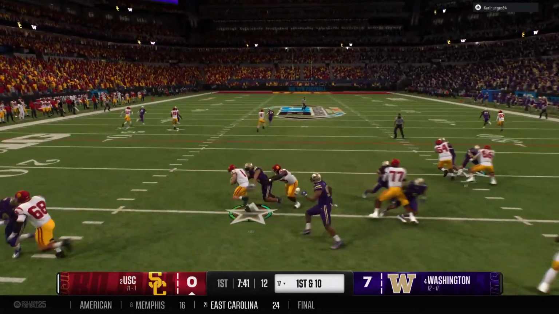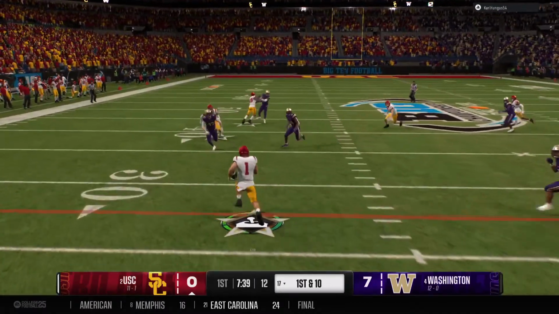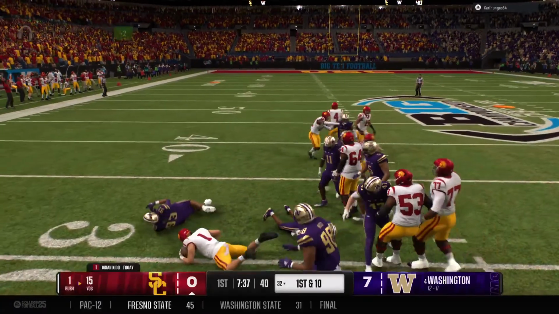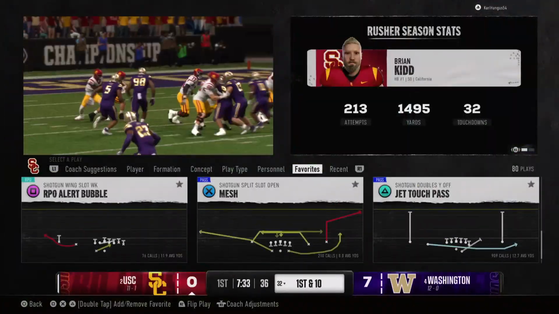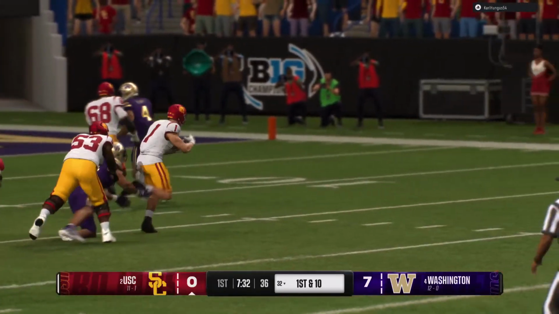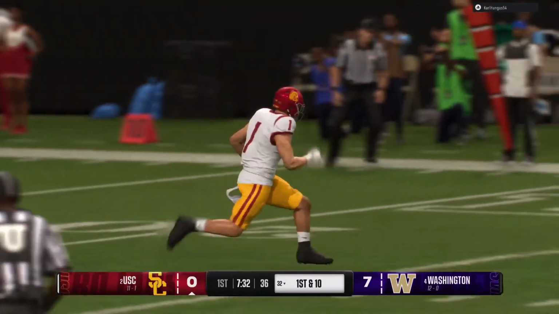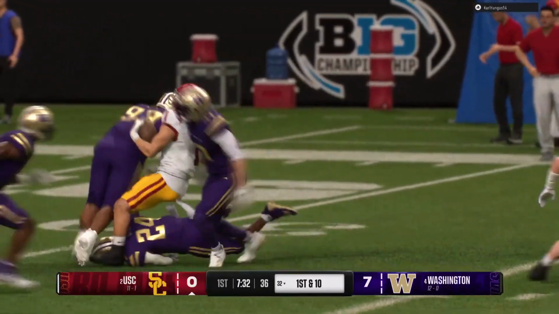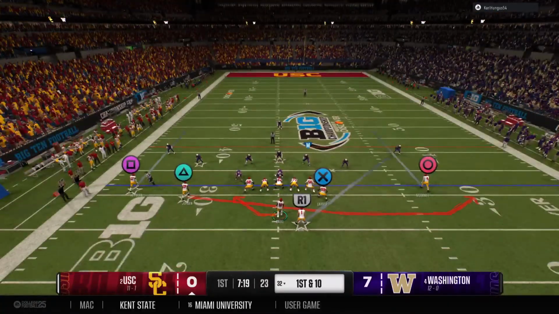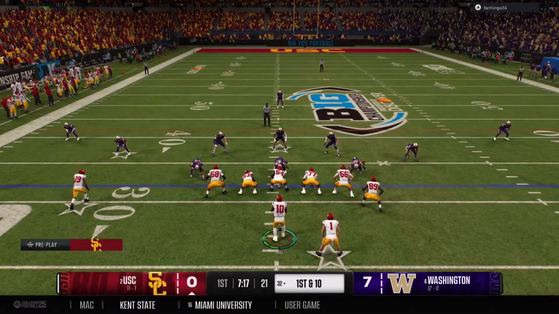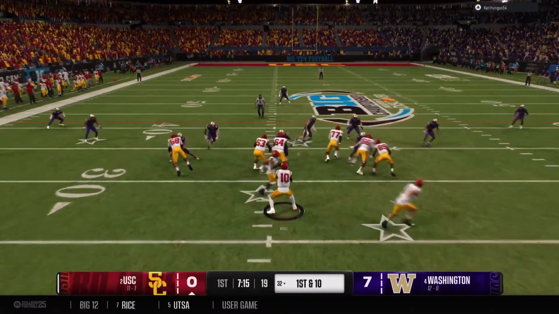And the ball is handed off out of the shotgun. With an impressive spin move there. They bring him down, but a solid run there by the sophomore. That's a first down for USC's offense. Nice job up front and an outstanding run here by this running back. What great tradition that USC has of running the football and having great backs. And it's beautiful to see another good one here today.